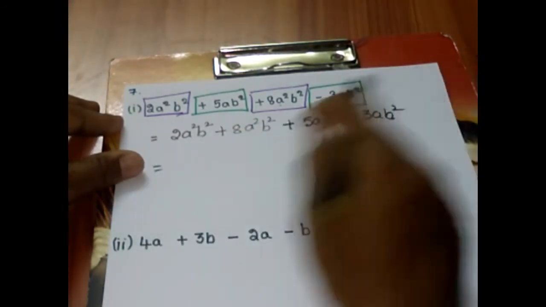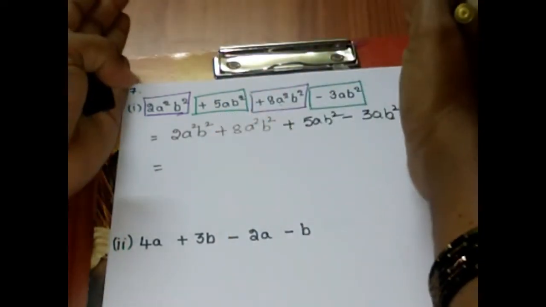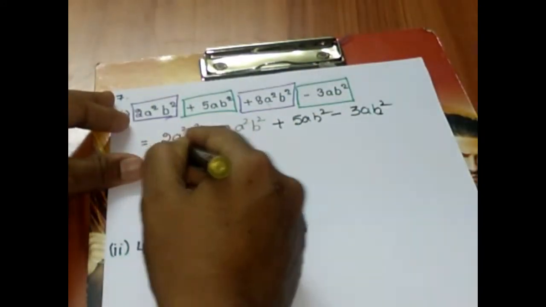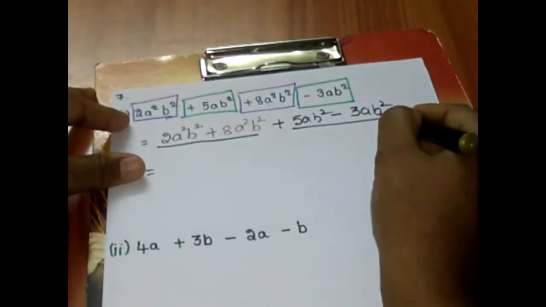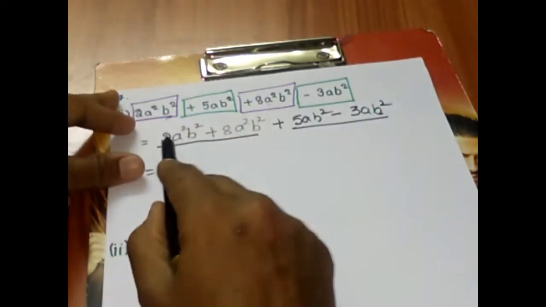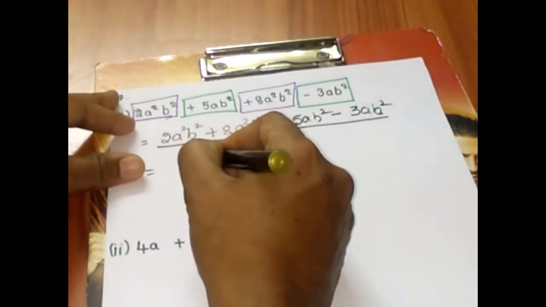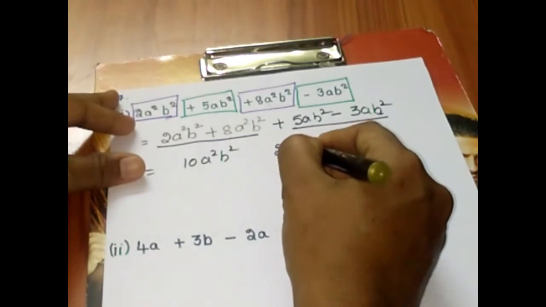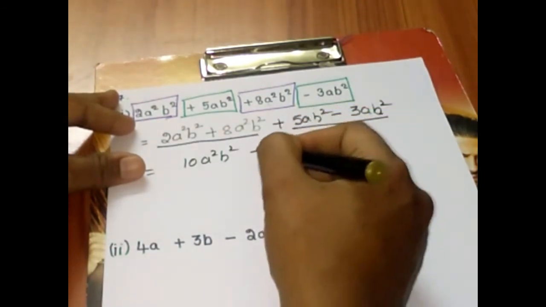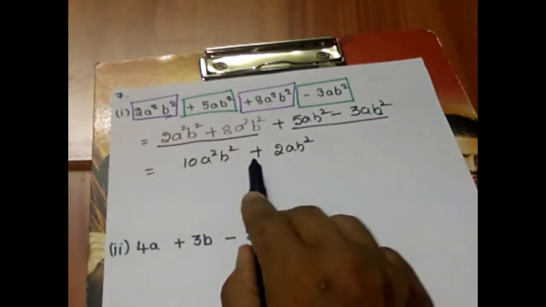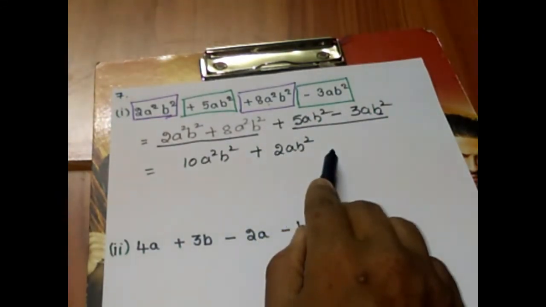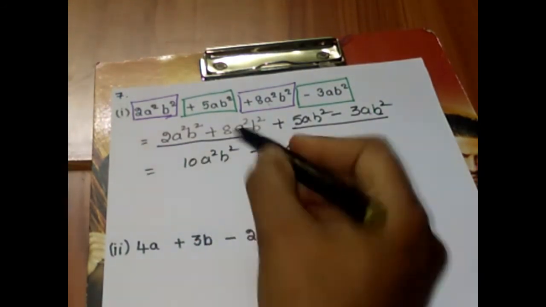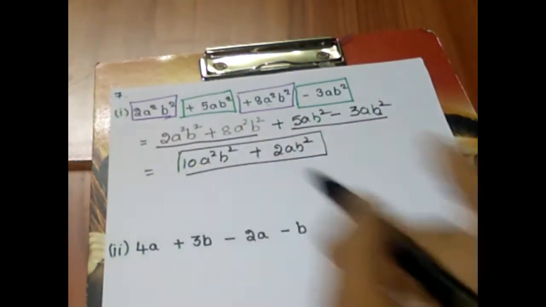What we did in the first step? In the first step, we grouped the given four terms into group of two like terms. So the first group is a square b square, second group is ab square. Let's simplify. Both are plus, so add and write the plus sign. 1 plus 1 minus, subtract it and write the greater number sign. In this case, greater number is 5, so it is plus 2ab square. So the solution for 7th main first question is 10a square b square plus 2ab square.